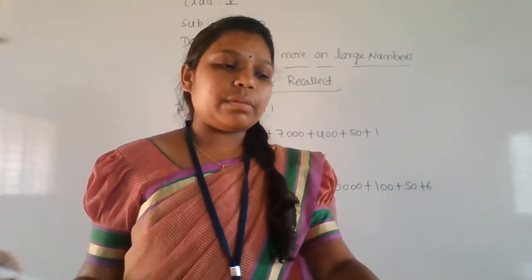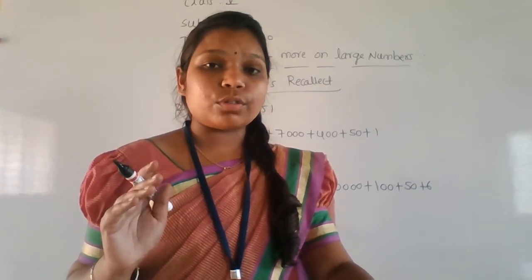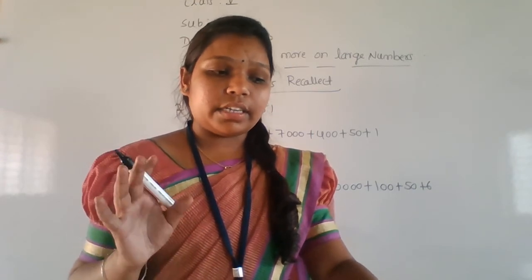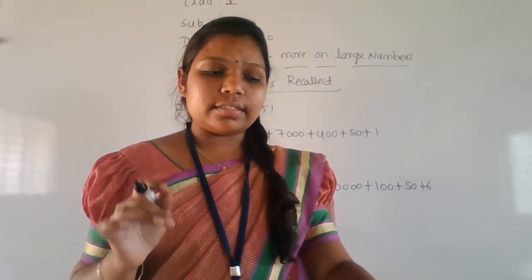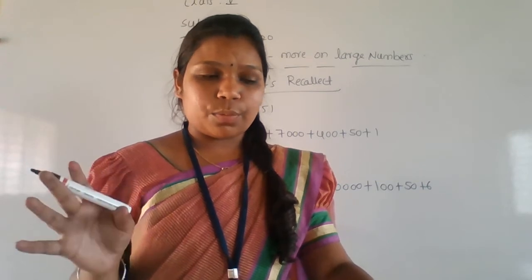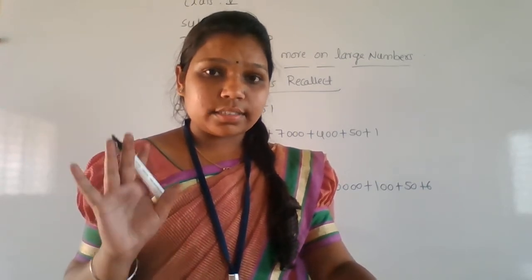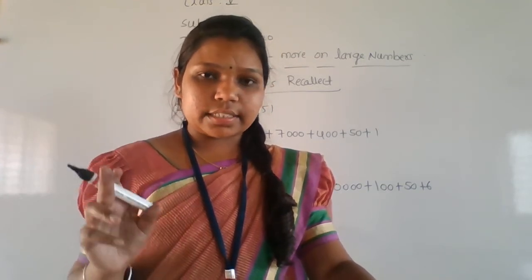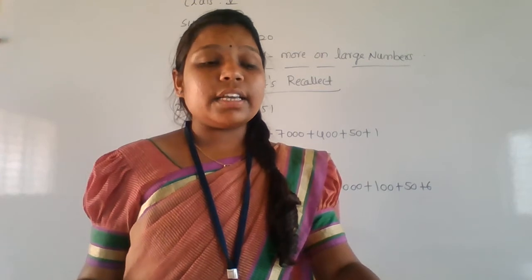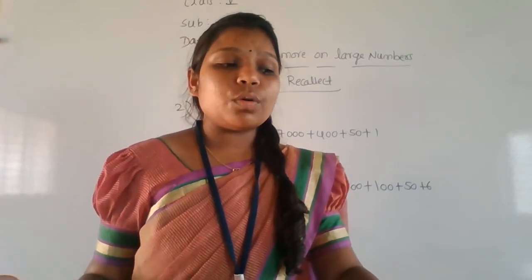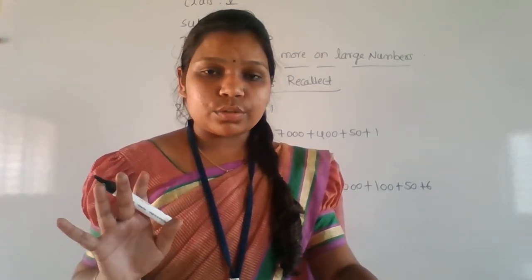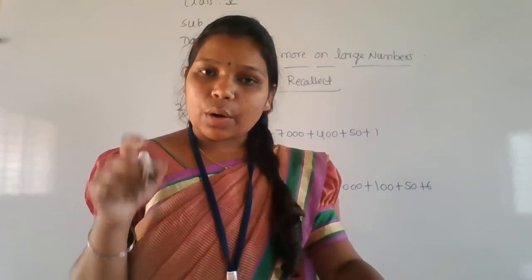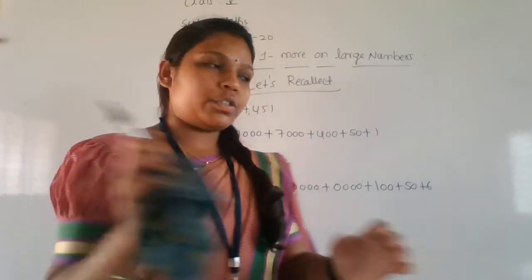So next we'll move to the fourth question. What is the fourth question here? Make the smallest 5-digit number using 37652. They have given 6 digits here, but they told us to make a 5-digit number. So we have to skip one number here. We don't consider one number. We have to cancel that number. I'll show it on the board here.